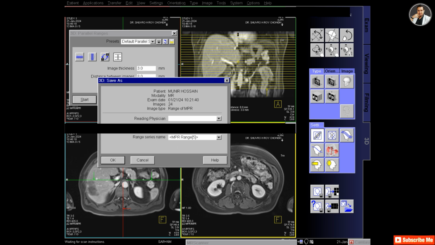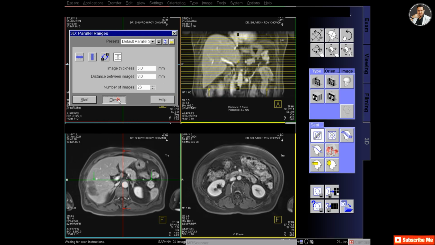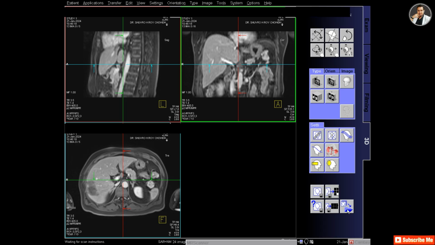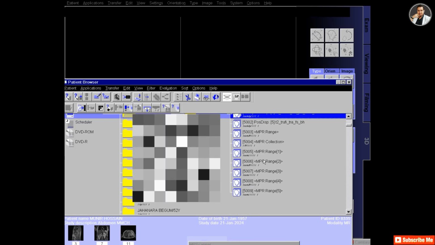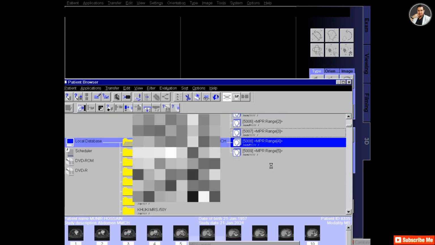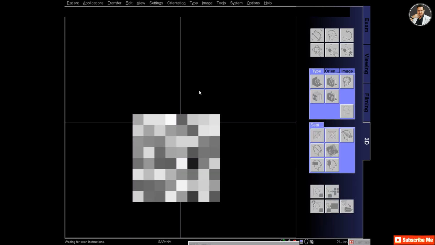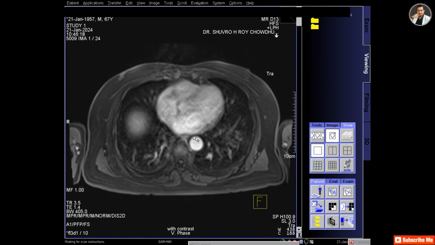Write the venous phase or V phase, and click start, close. I will not print it out, just save this, but I will print out the coronal one. So this is the venous phase.